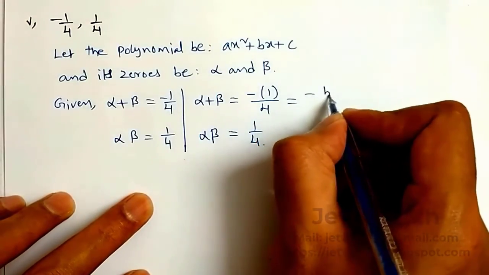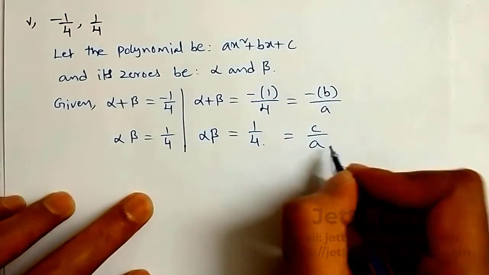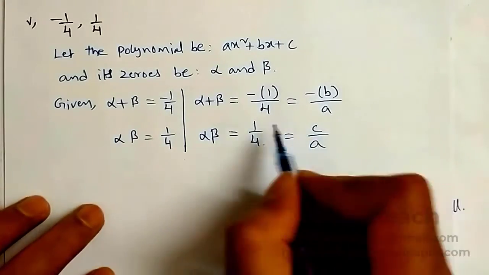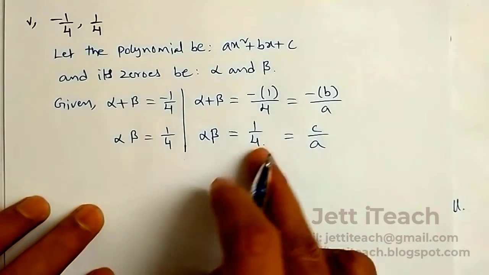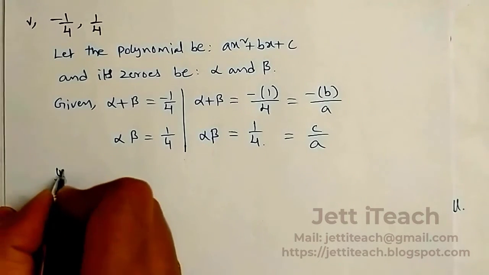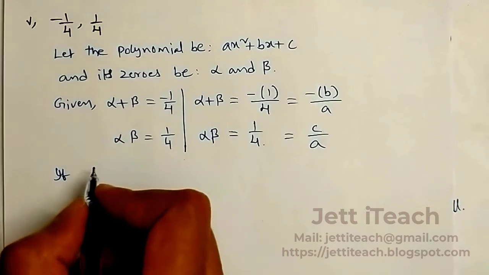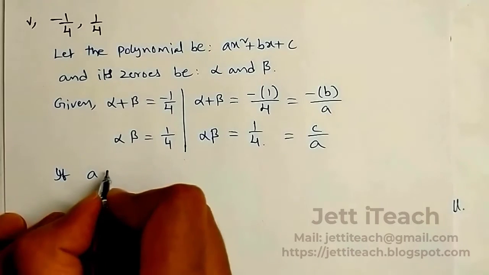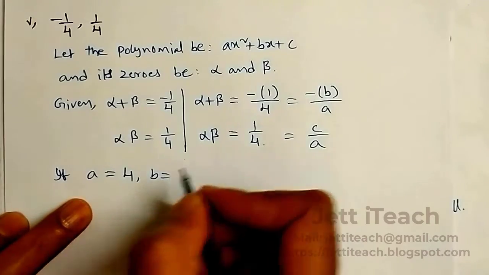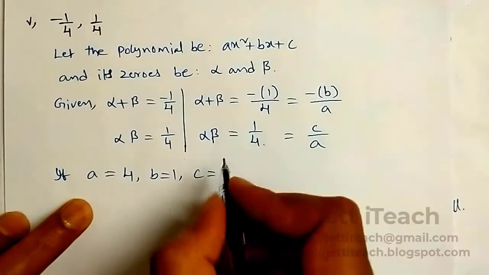This means minus b by a, this one is c by a. The denominator is a, here 4. The value of a is 4, b is 1, c is 1. These are one of the possible values. If a is 4, b is 1, c is 1,